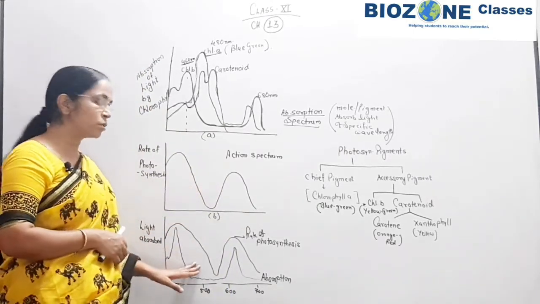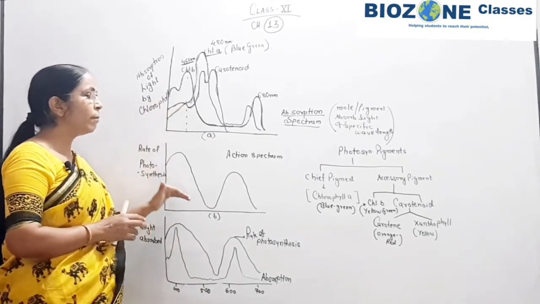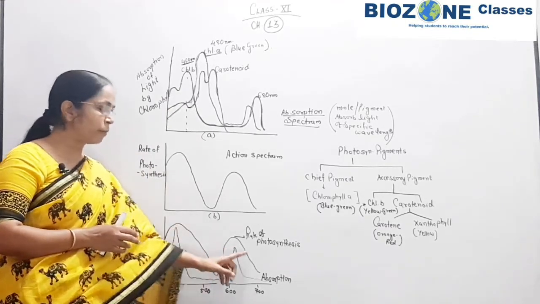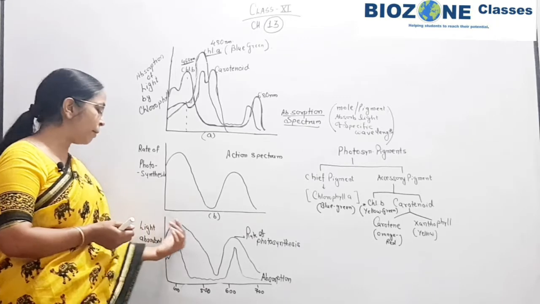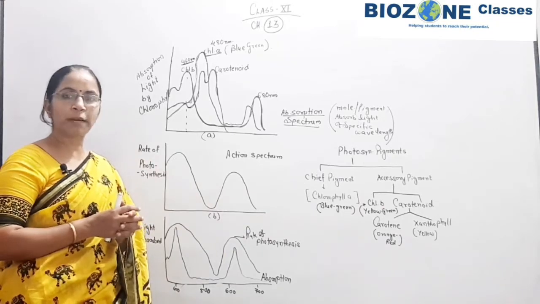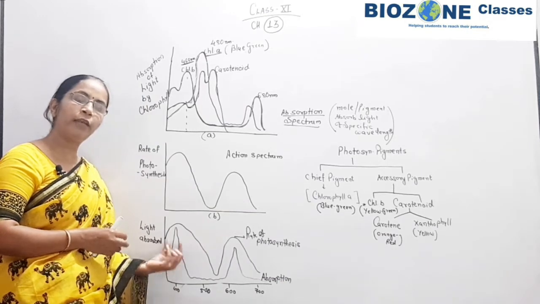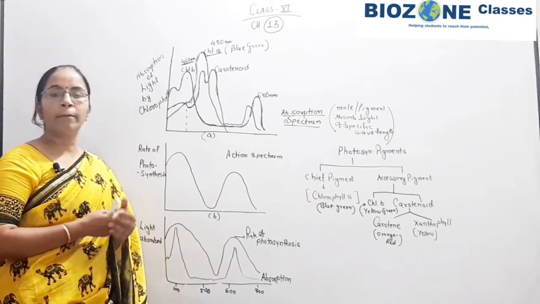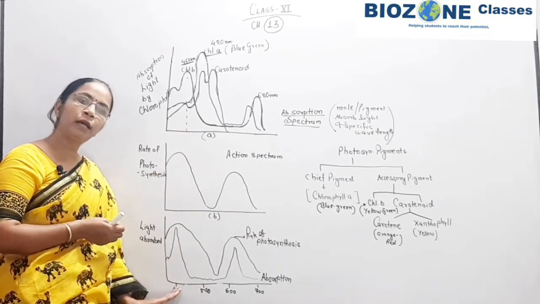Now when we come to the third graph, it is nothing but the absorption and action spectrum shown together. The upper peak in that graph, again with black and blue color mentioned, is showing the rate of photosynthesis, that means the action spectrum. And in the lower peak you also see two maximum peaks at two different wavelengths of light, which show the absorption of light by the chlorophyll molecule. So this much you remember for the absorption spectrum and action spectrum.